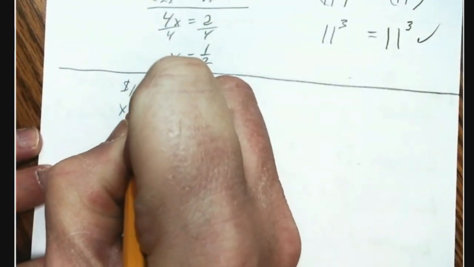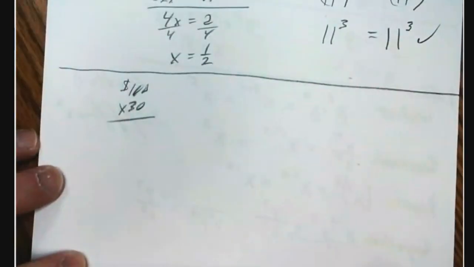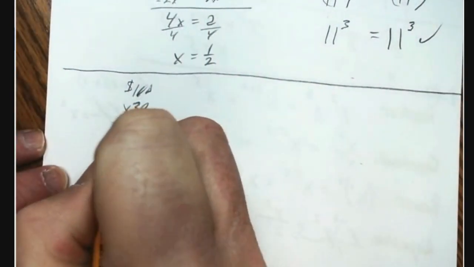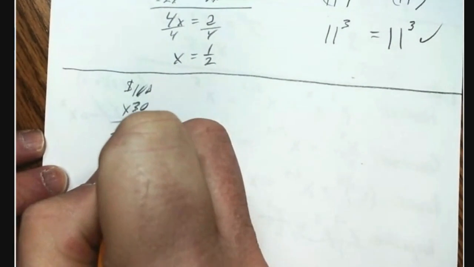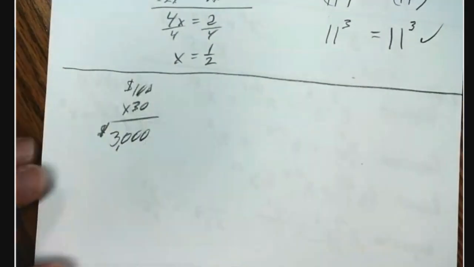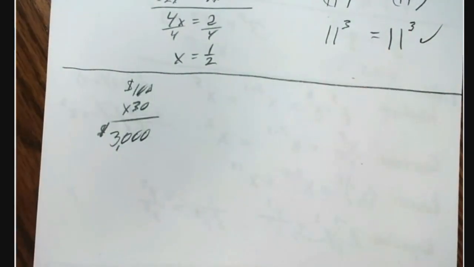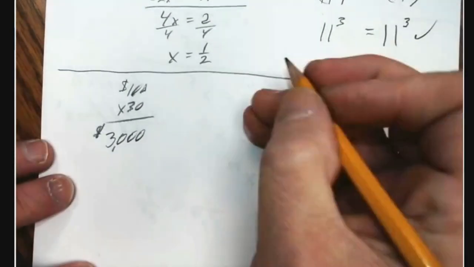How much would we have at the end of June in both scenarios here? Let's see. Well, we know if we get $100, we're just going to take that times 30, because we're going to get that 30 times. So we're going to end up with $3,000. That's our total. If we start out with a penny,